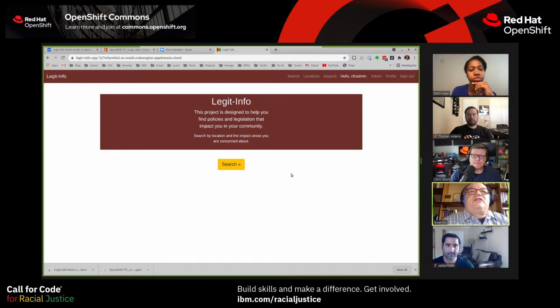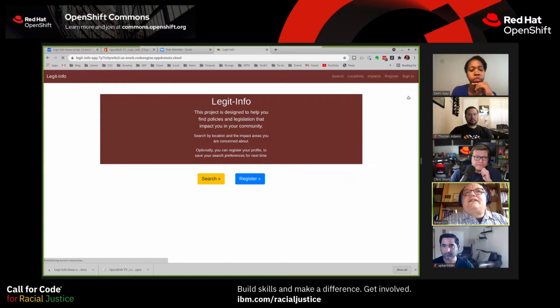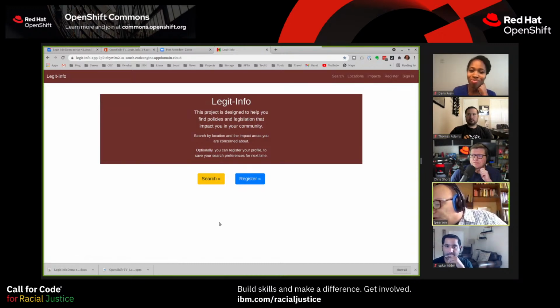Sign up for a Legiscan user ID. Sign up for Watson NLU, sign up for IBM Cloud Object Storage, and completely have a fully running system with minimal effort. All right, so that is it in a nutshell. I think I went through my entire script showing how that all works. So I will then go back to